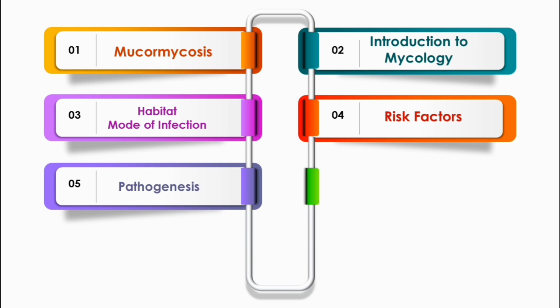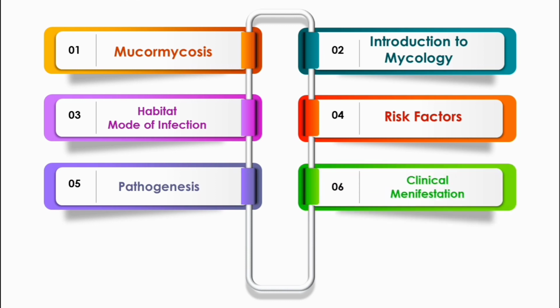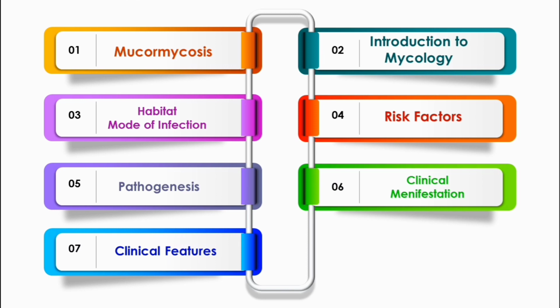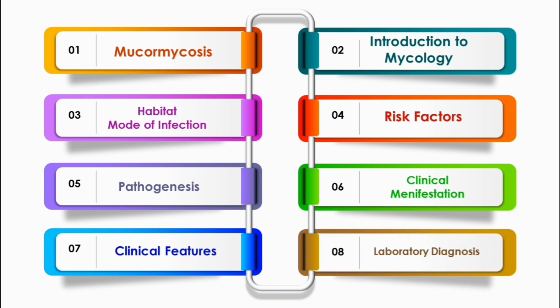Then we will check the clinical manifestations and clinical features, what the signs and symptoms are depending upon the site involved. Finally, we will discuss the laboratory diagnosis, how we can diagnose this type of fungal disease in the laboratory. Before going through mucormycosis, let's go through the basics of mycology so that you can have a better